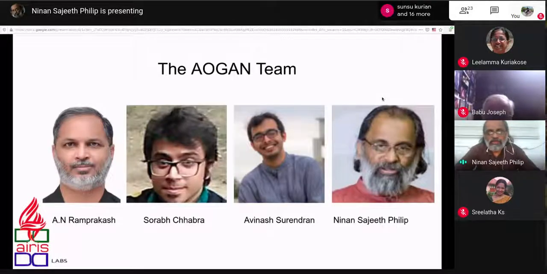This is a joint project in which Professor Ram Prakash from IUCAA, who is also the team leader from India for the 30-meter telescope which is being built at Hawaii, which is going to be an adaptive optics machine, and most of this technology is developed in India. And we also have Avinash Surendran, who is from the Keck Observatory, which has a telescope which uses adaptive optics. He is a postdoc at Keck Observatory.